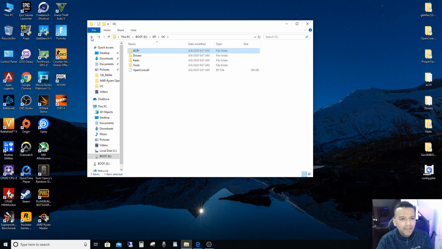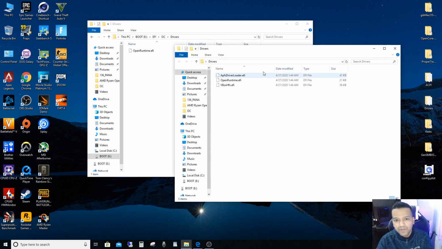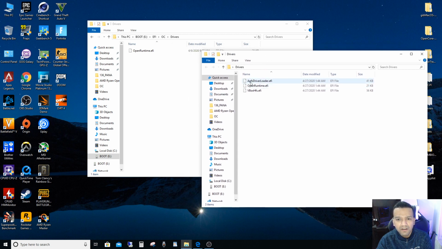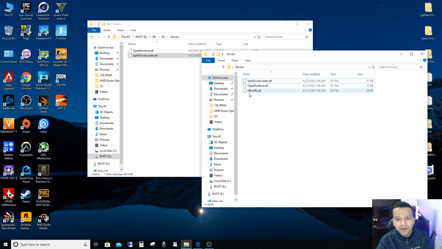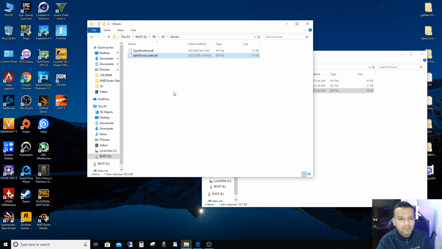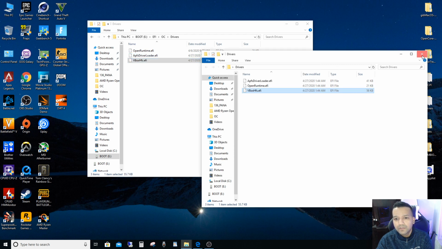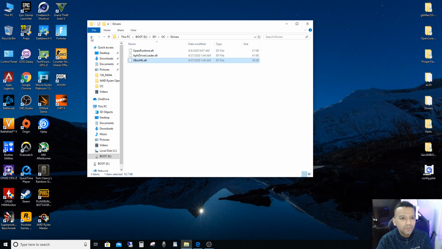So let's go back and go to drivers. Drivers right here. So we'll get the APFS driver loader, and we'll get the VBoxHfs. So we are done with the drivers also,